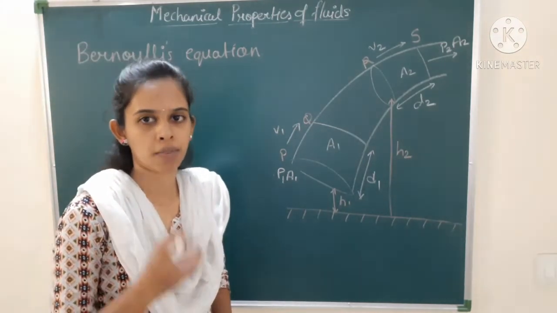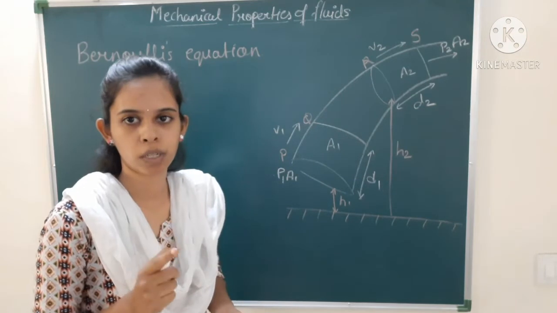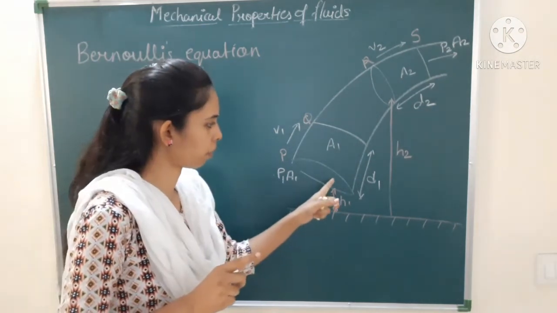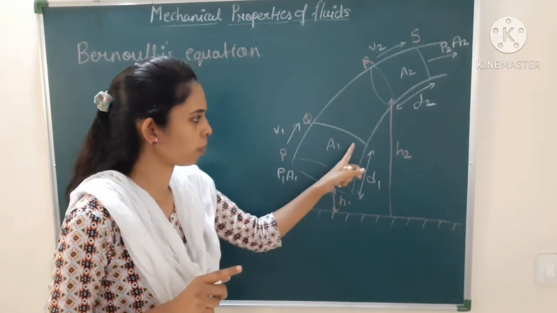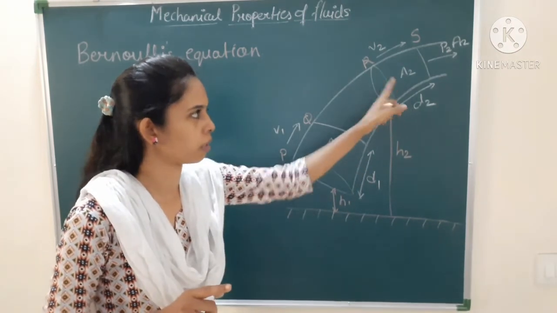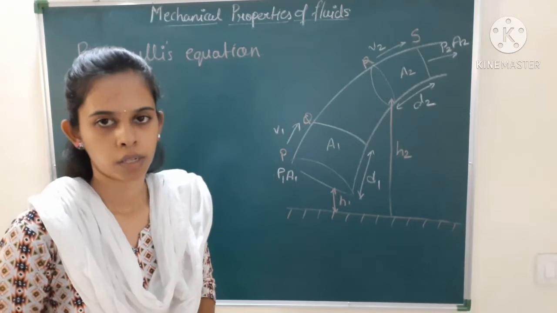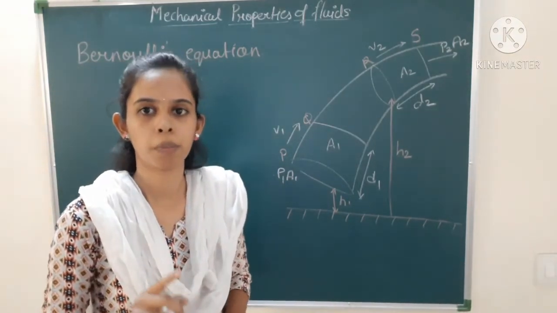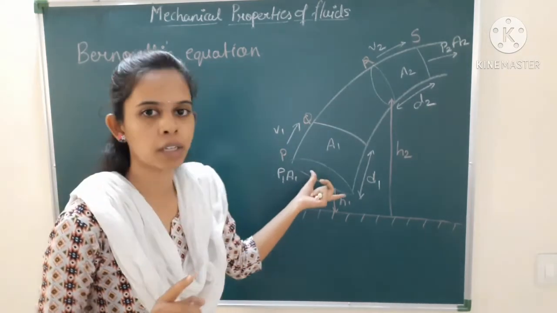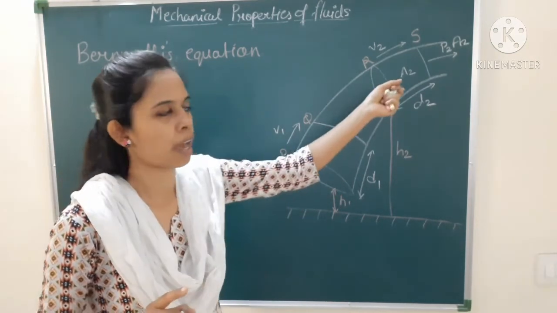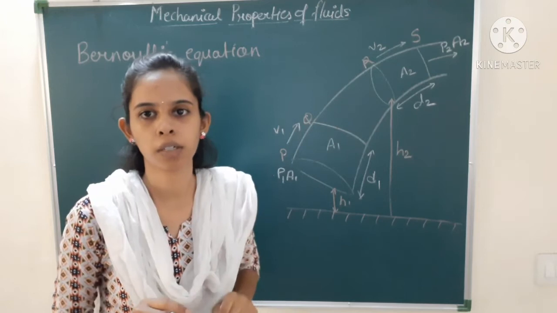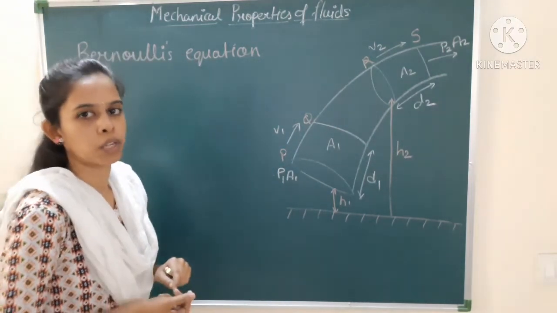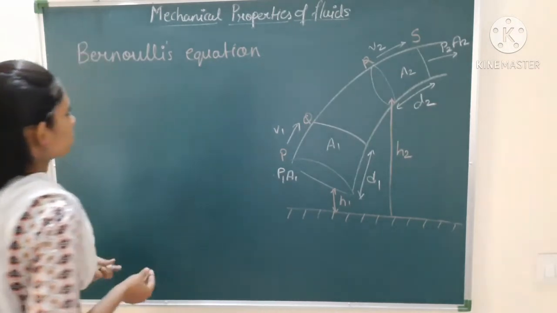Work done, we have two formulas. The first one is what? It is force into displacement. Why? Because the fluid is going to go from this part to this part, so therefore work is also done. Then we are going to use the mechanical property, that is kinetic energy and potential energy. So therefore work done is equal to what? It is nothing but kinetic energy plus potential energy. So let us find out.